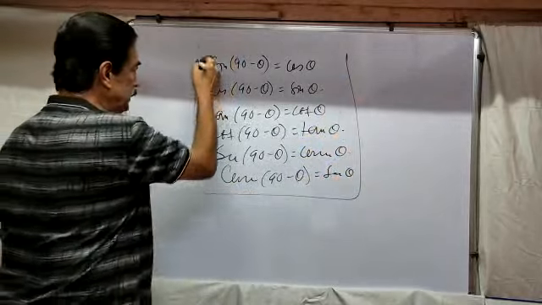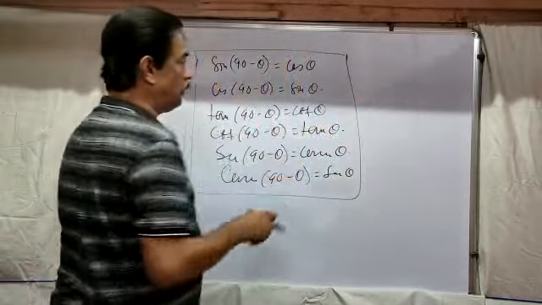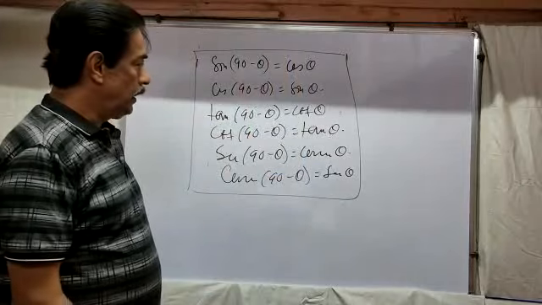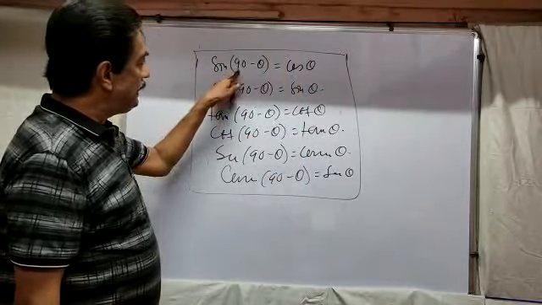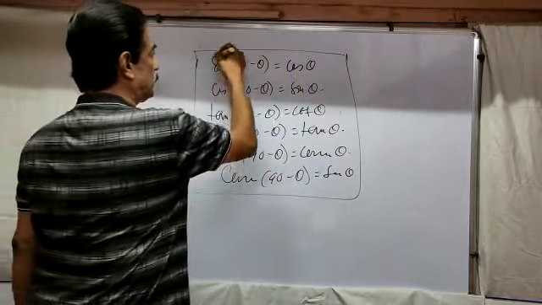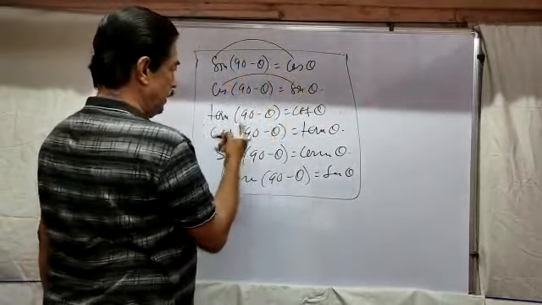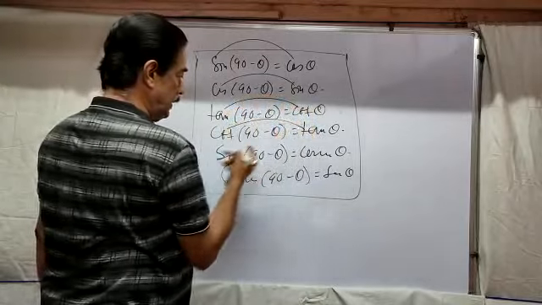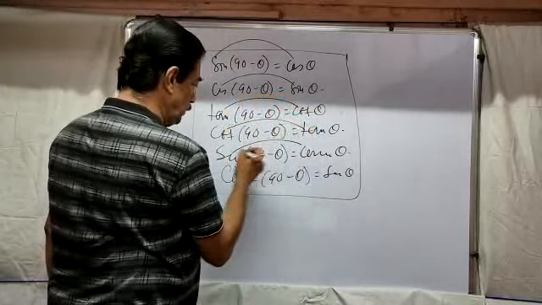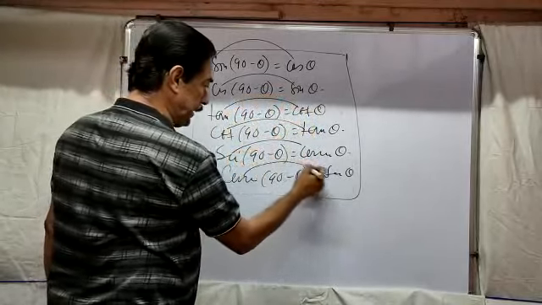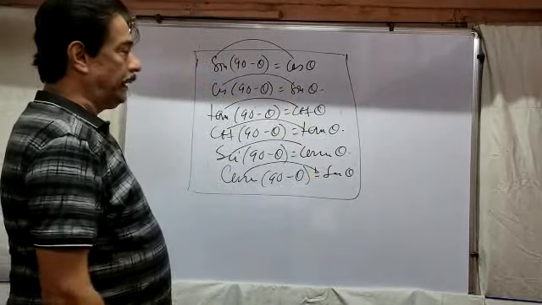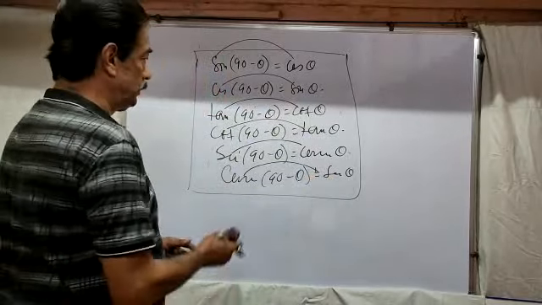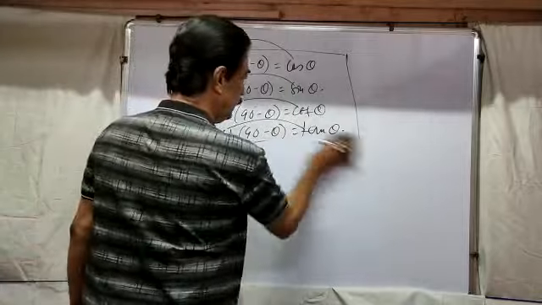Then, in the second phase we can apply them. How can I apply this formula in our example question? Remember, for 90 minus theta, sin transfers to cos, cos transfers to sin. 90 minus theta, tan transfers to cot, cot transfers to tan. 90 minus theta, sec transfers to cosec, and cosec transfers to sec. Now the last area: you have to remember the standard values.